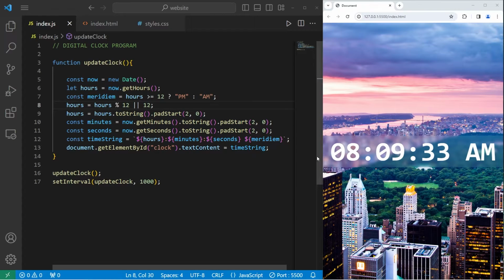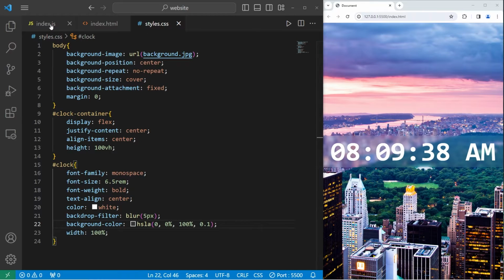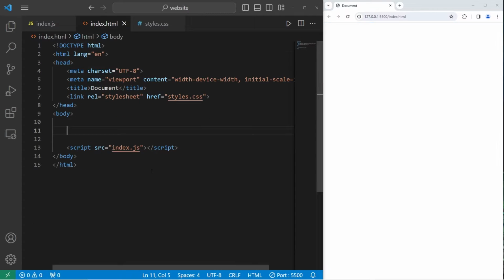So in today's video, we're going to create a digital clock using JavaScript, HTML, and CSS. So let's get started. The HTML for this project is going to be very minimal. I will create a div element. The ID of the div element will be